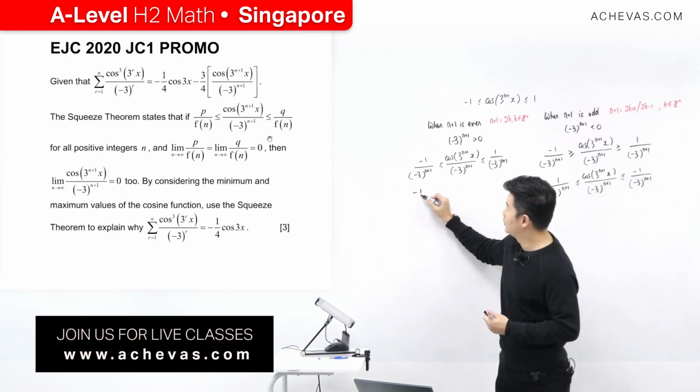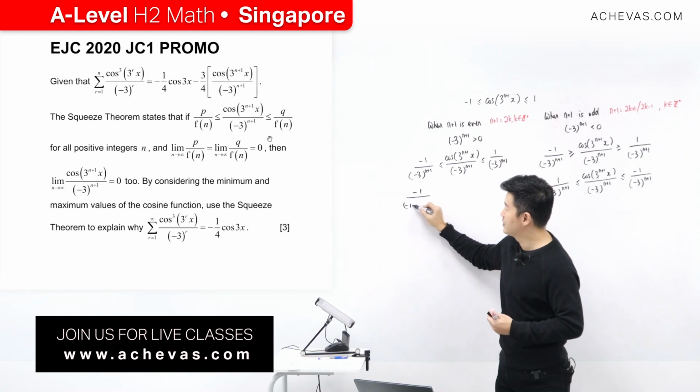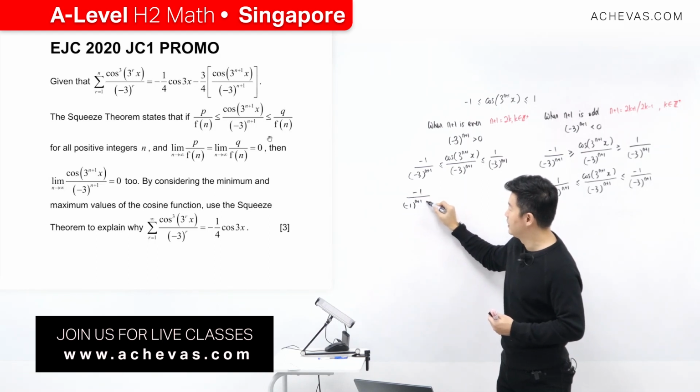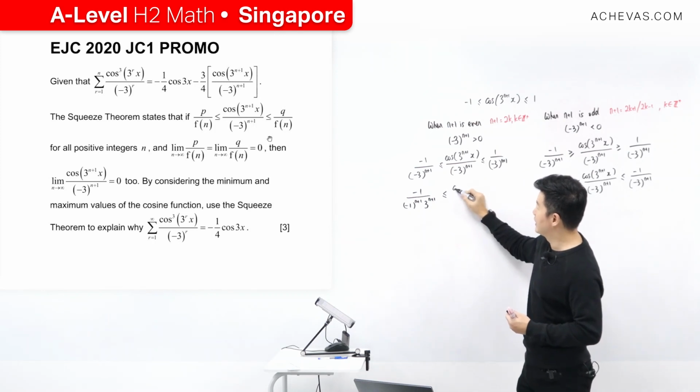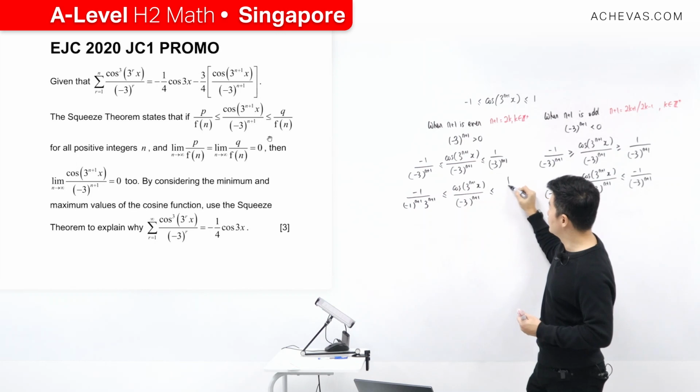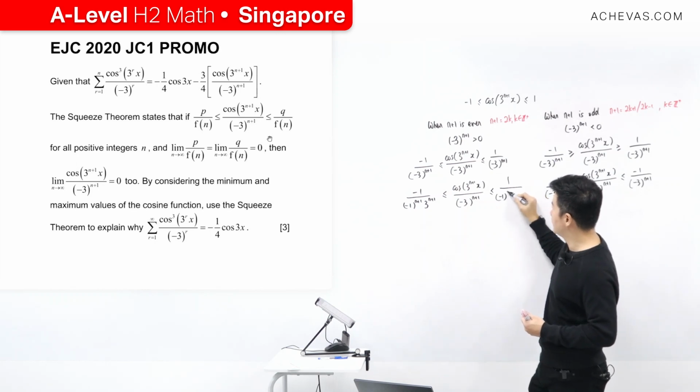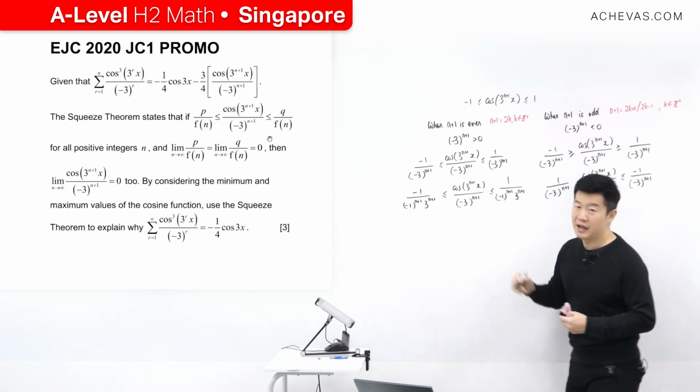Okay. What if I were to do this? I factorize out this minus 1 to the power of n plus 1. Then we will have a 3 to the power of n plus 1. This I'm going to leave it as it is. I'm not going to touch this cosine of 3 to the power of n plus 1 x divided by minus 3 to the power of n plus 1, less than or equal to. I'm also going to factorize out this minus 1 to the power of n plus 1, then 3 to the power of n plus 1. And this minus 1